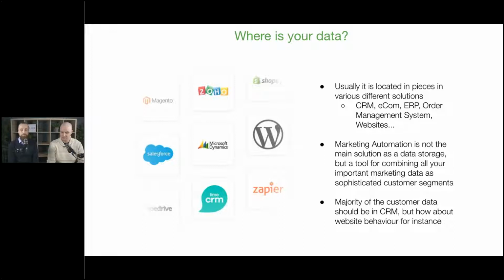So I would say that the majority of the customer data should be in CRM, of course, but in many cases, let's say website behavior data is something that you don't have in CRM. So you need to combine these data points from different tools. Yeah. And then we go to integrations.